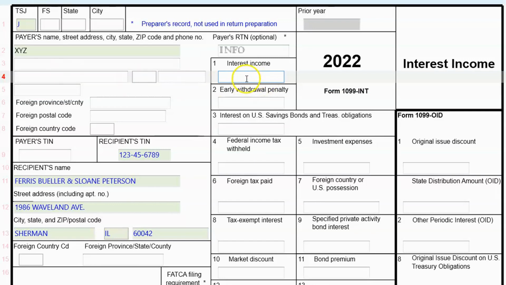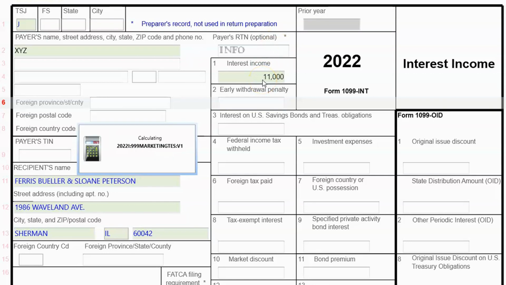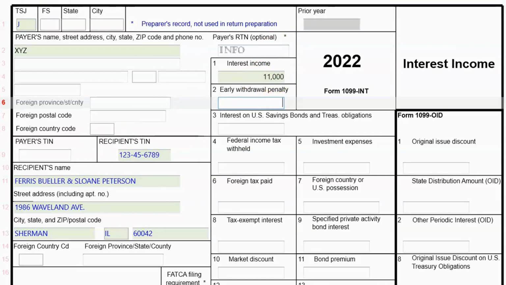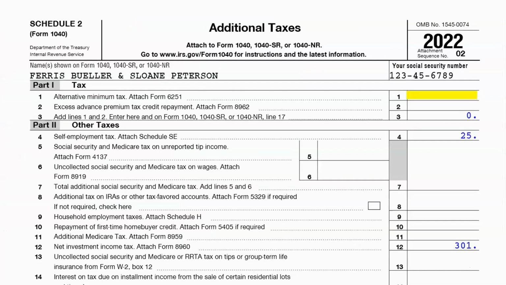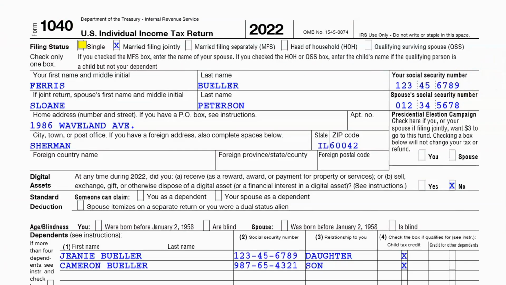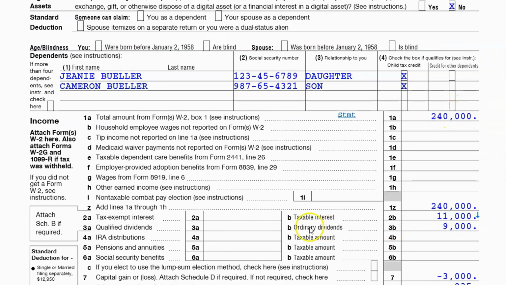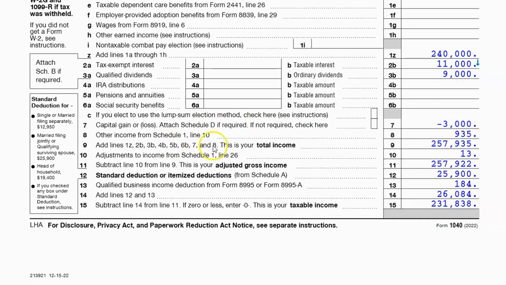Example 2, let's add some interest income, because if you remember from the presentation, interest income also attributes to this or triggers that net investment income. Okay, so we're going to say that they're saving a ton of money in the bank. They got a lot of cash there, and they got interest income of 11 grand. So let's go back to page 1 of the 1040, right? Wages stays the same. The dividend income stays the same, but now they got some interest income of 11 grand. Now we go down to this total income, right? 257, and adjusted gross income, 257.